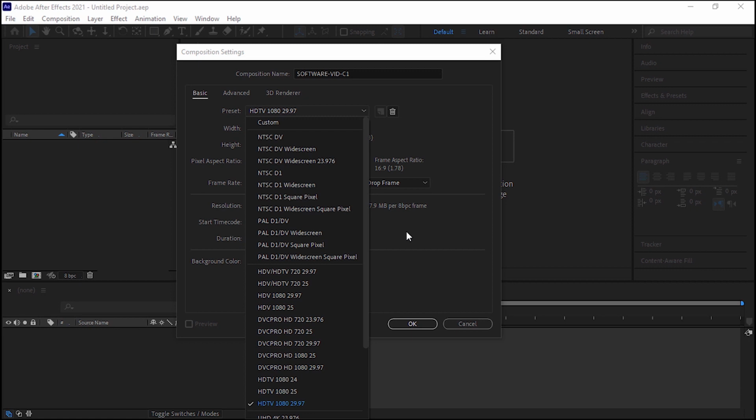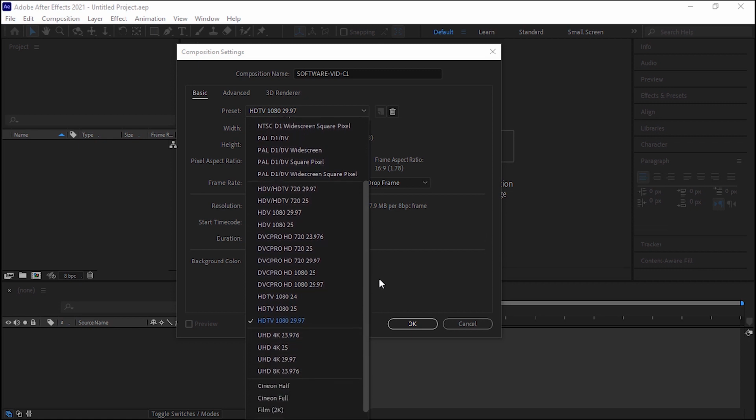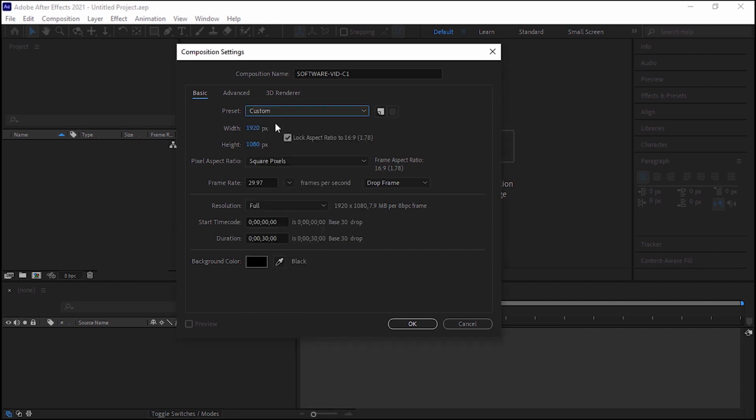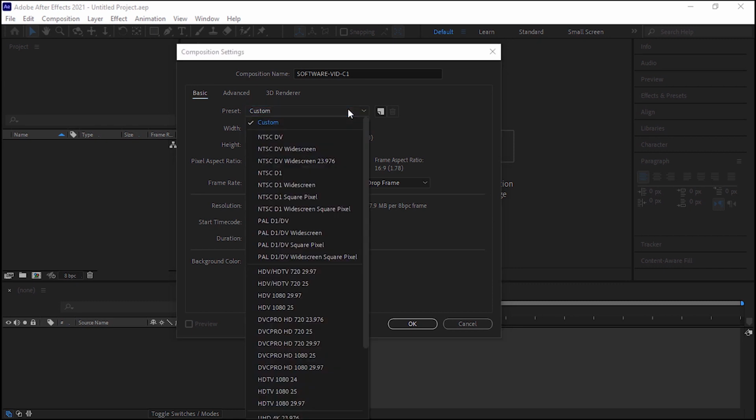In the third part of the preset menu, there are options for creating HD compositions, or in simpler language, with a higher resolution. The options of the fourth part of the opened menu are used to create Ultra HD compositions. The latest preset menu options also give you settings to create a suitable composition for the video. In addition to the above, you can create a composition with your own settings by selecting the Custom option.